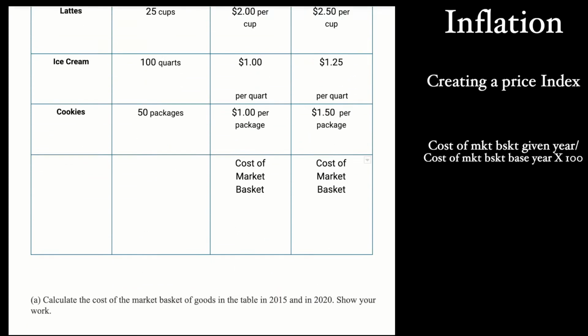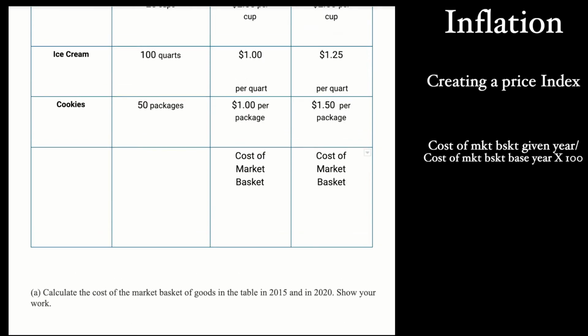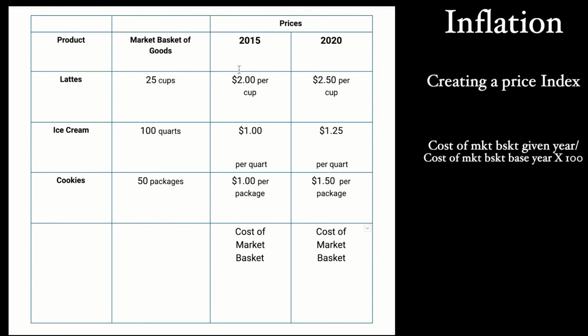And so what we do, first calculate the cost of the market basket of goods in the table in 2015 and 2020. Show your work. Okay, so the cost of a market basket in 2015. We have 25 cups of coffee and they're $2 each. So that costs 50 bucks, right? 25 times 2 is 50. So the cost of market basket is going to be $50